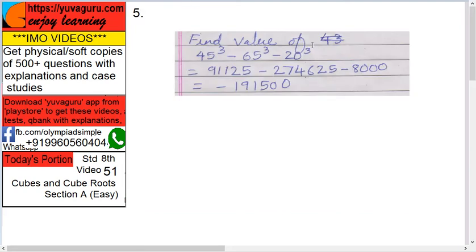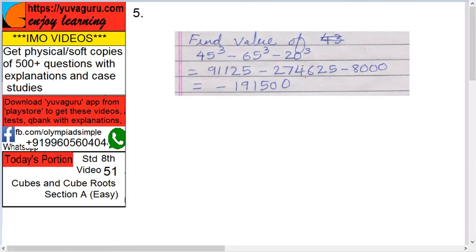Next, find the value of what? 45 cube minus 65 cube minus 20 cube. This is what we have to find. Now this you'll have to do yourself. 45 into 45 into 45, 3 times. The answer is 91125. 65 into 65 into 65 is 274625, and 20 cube is easy, 8 and 3